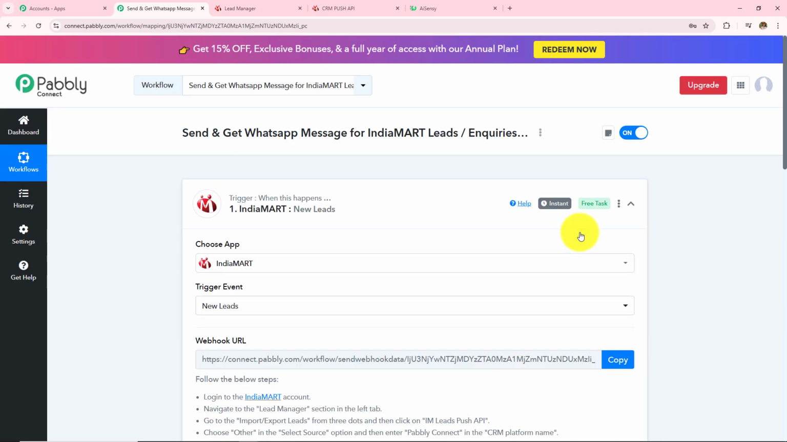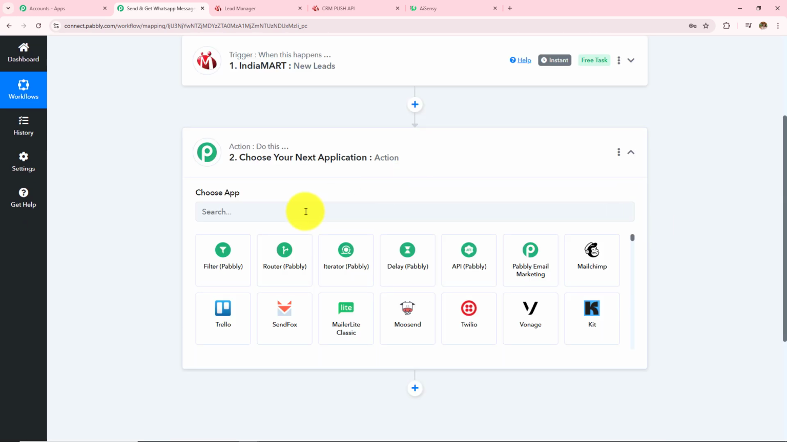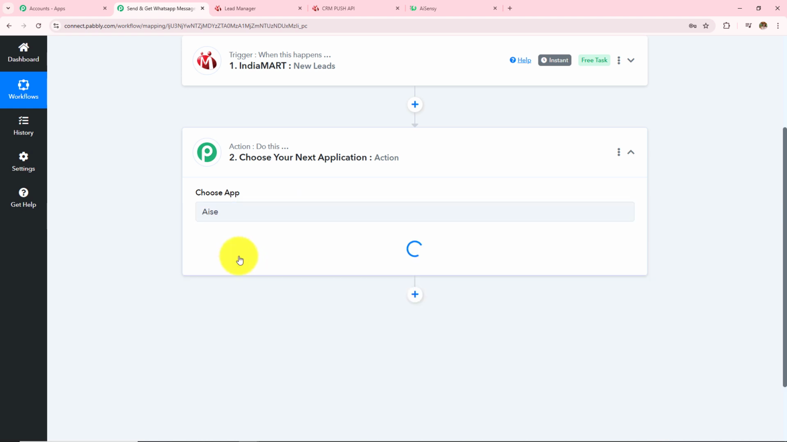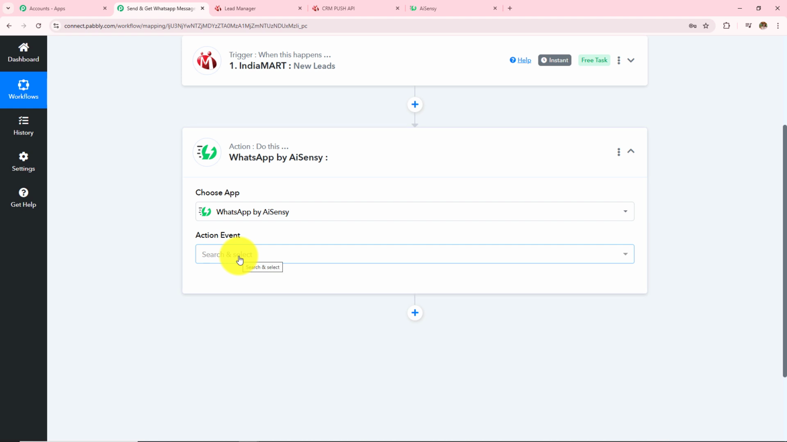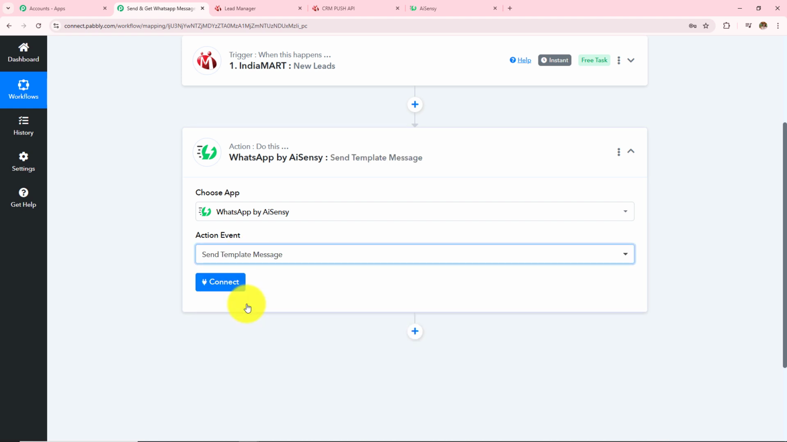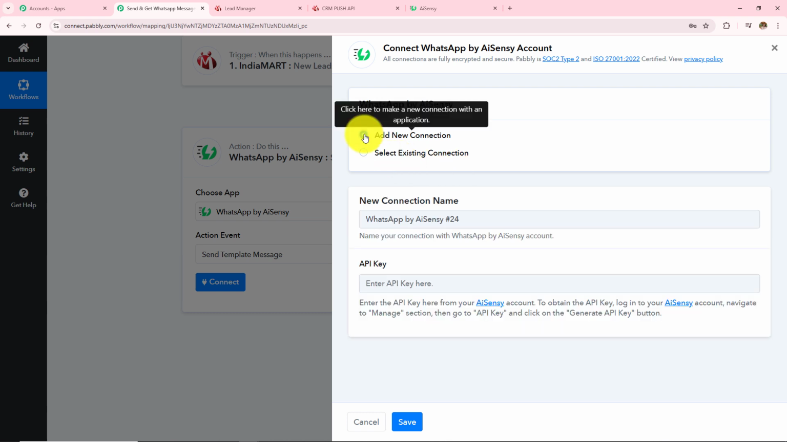Now moving on to the next step, whenever I receive a new lead or inquiry, I want to send a WhatsApp message. So now let's scroll down, and in the action step I am going to take my action application as AiSensy, with the help of which I am going to send the WhatsApp message to this inquiry, and then in my action event I am going to take this send template message. Now I have to click on this connect. So if you have an existing connection you can go with save. If you don't have one, click on this add new connection, and to make this connection I have to enter